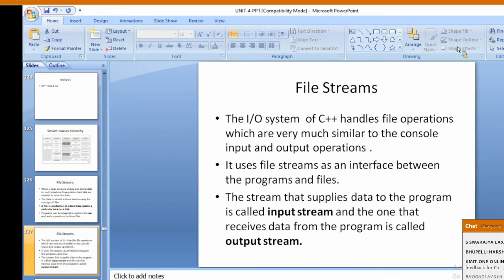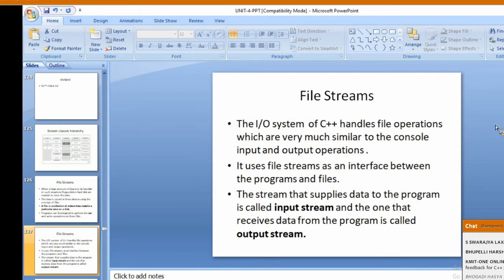In the same way, we have file stream. As we have iostream, in the same way we have file streams.